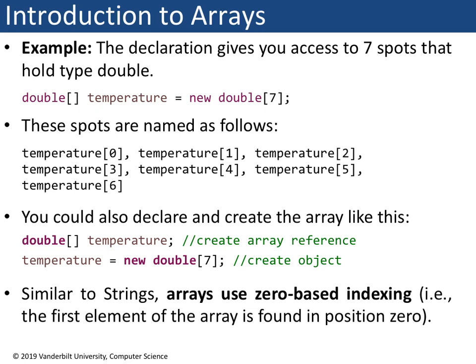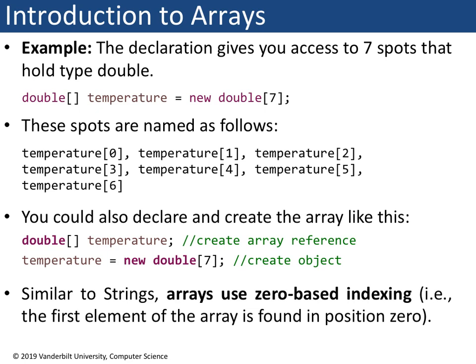So now each of the spots in this array would be accessed in the following way. If we wanted the value which was stored in the first location, we would get that using this statement: temperature, bracket, 0, close bracket. Another way we could declare the same array, similar to how we declare any other variable or object,